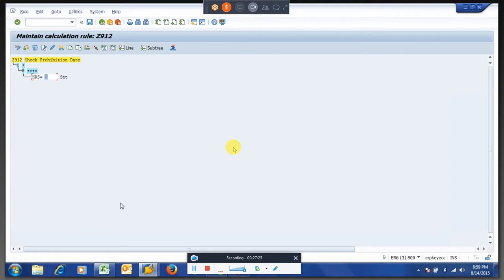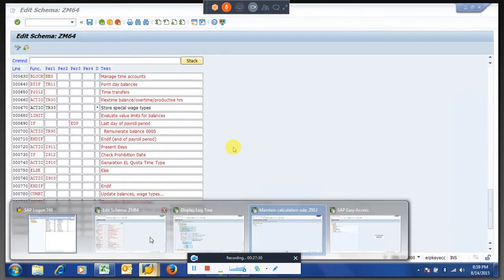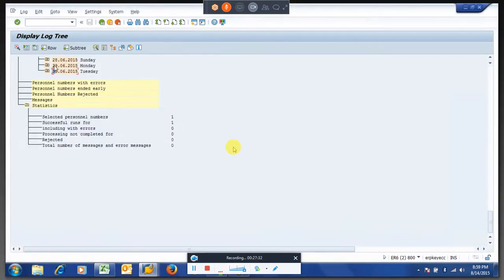See, if you remember, I will show you the time evaluation. Few things you have to understand here. Our rule is going to read on day, right? So every time it has this date, and we have a date from info type 41. So what we are going to do here is compare this date to the info type 41 date. If it is greater, less than or equal to, then you can put the check. For that there are standard operations to check.